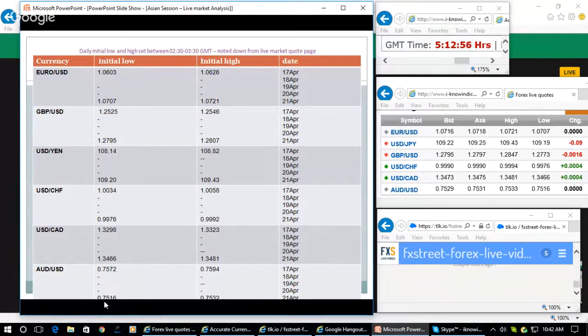In Australian dollar, 75.16 is the low and 75.32 is the high. They just breached it by 1 pip. And if you notice carefully, the Australian dollar all along has been holding sideways and then continued to drop, and now today they are expected to gain the levels in the case of Australian dollar and drop the levels in the case of USD CAD when Euro and GBP are making the initial drop. So they are going to handle all the crosses during the European session and then handle the majors during the US session.